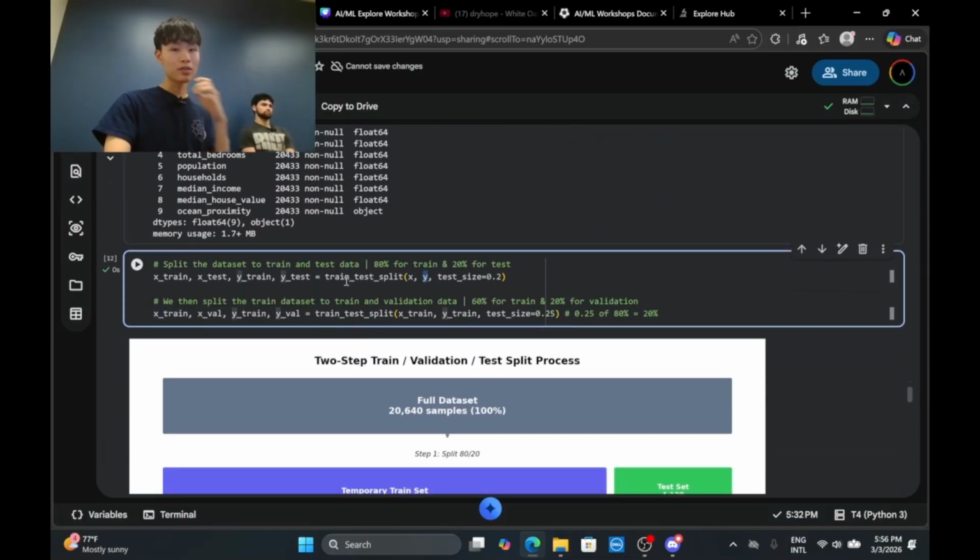So I split it again, splitting the pre-existing 80% data set into 60% for train and 20% for validation. So I'm basically doing the same thing here, but now it's for training and validation data sets.